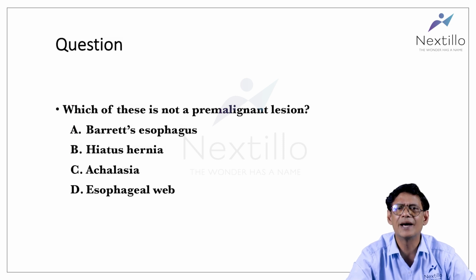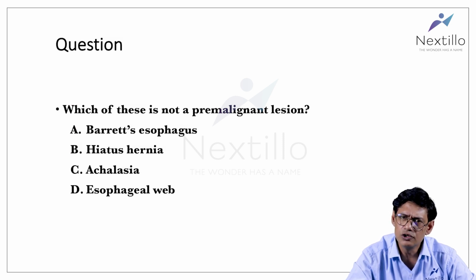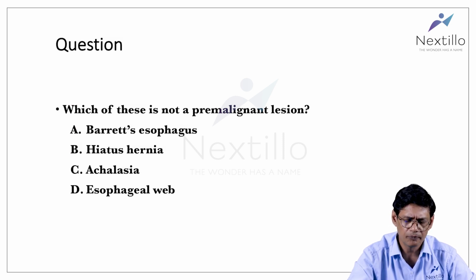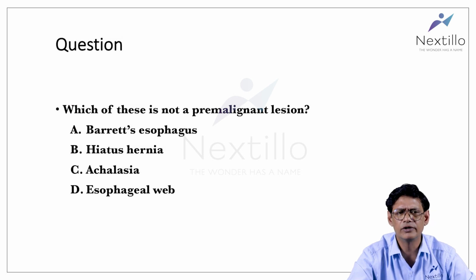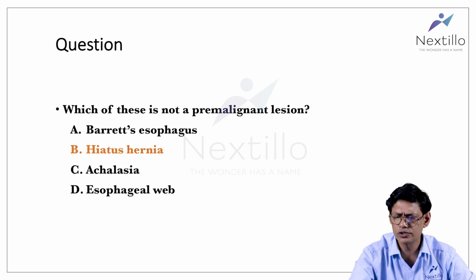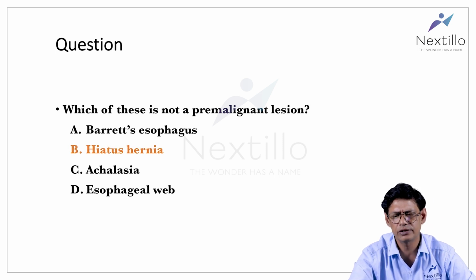This is known as the Barrett's esophagus, and this is a risk factor or a pre-malignant lesion for the esophageal cancer adenocarcinoma. So amongst all of these, the only lesion which has no risk per se for the development of the esophageal cancer is hiatus hernia. There is no risk of esophageal cancer with hiatus hernia.